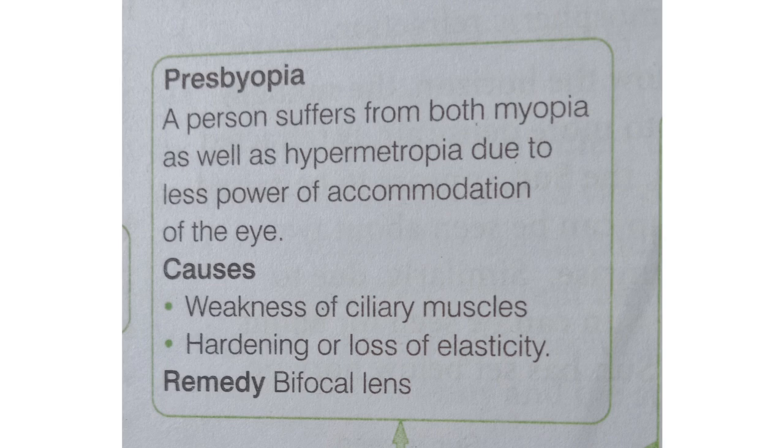Presbyopia. Now it is the condition or it is the defect in which basically it is seen in the old age. ठीक है, ये ओल्ड एज में देखी जाती है, ओल्ड एज। And in this type of defect a person suffers from both myopia and hypermetropia. ठीक है, दोनों में से ही पर्सन सफर करता है। और कॉजेज क्या है, weakening of ciliary muscle. देखो क्योंकि ओल्ड एज में देखी जाती है, तो ओल्ड एज जाते जाते हमारे कुछ बॉडी पार्ट्स, मतलब मोस्ट ऑफ द पार्ट्स जो है वो वीक हो जाते हैं। तो आई लेंस भी सीलियरी मसल्स भी वीक हो जाता है, राइट। और हमारे आई लेंस जो है उसकी भी इलास्टिसिटी जो है वो कम हो जाती है, राइट। तो रेमेडी क्या है, तो use bifocal lens. ठीक है, इसे 1 मार्क में पूछा जा सकता है।